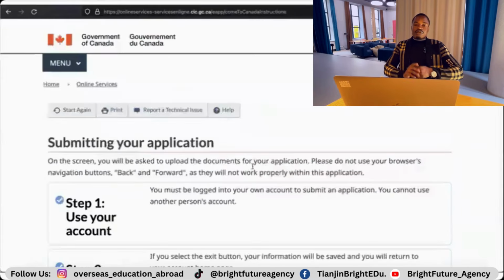Now we're on the uploading stage. The good news is you don't have to print everything, take it to the embassy, and submit hard copies. Everything can be done at the comfort of your own room. Just do it on your system and scan everything. Now the question is stage one,